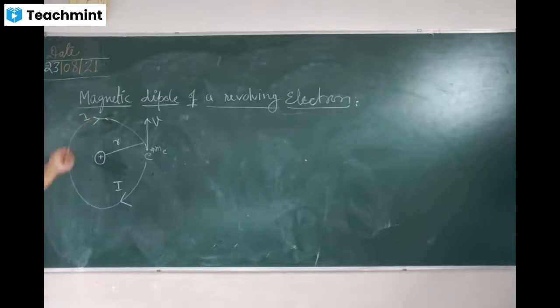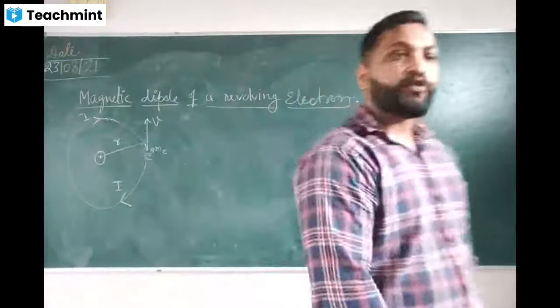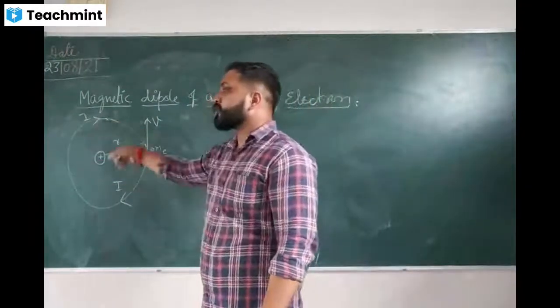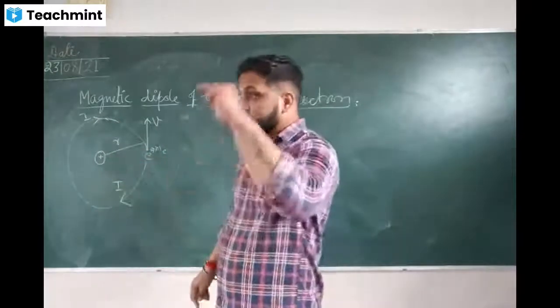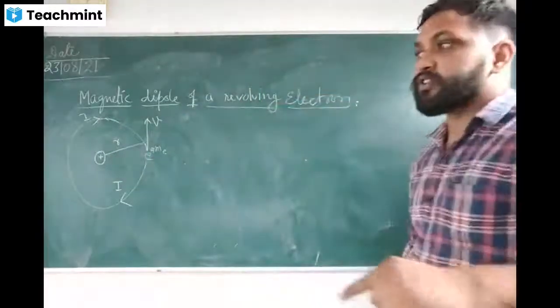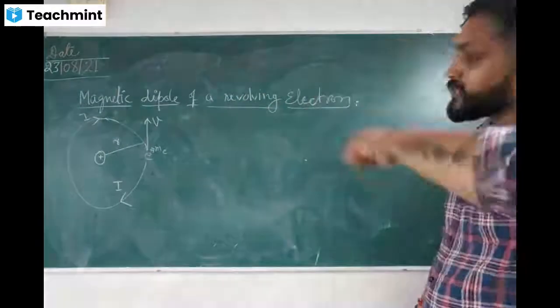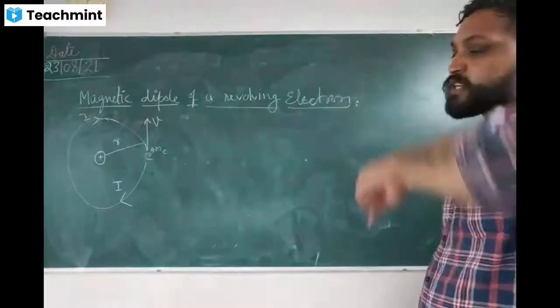So first of all, we need to find out the magnetic moment of a revolving electron. Now the electron is moving in a circular path, so it acts as a circular loop because current is also flowing through it. Whenever current flows through a circular loop, it will behave as a magnetic dipole, so it has some magnetic dipole moment. Look, the electron is revolving around the nucleus in a circular path. If the electron is in motion, there is some current also, in the direction of the motion of the electron. So this is a current carrying circular loop.